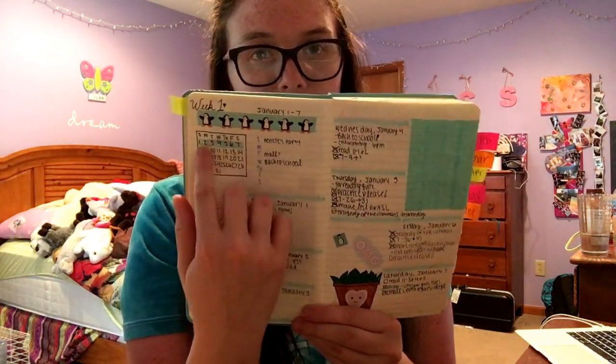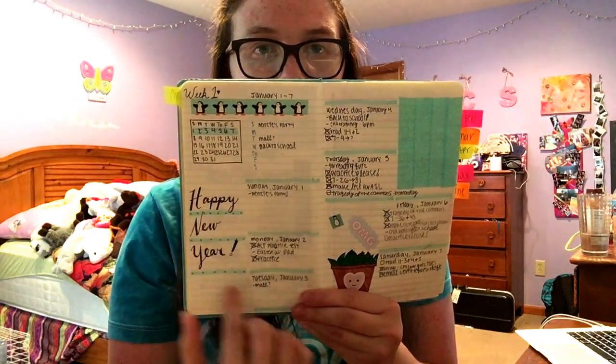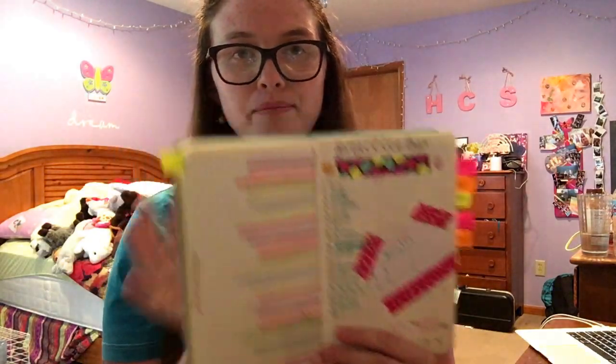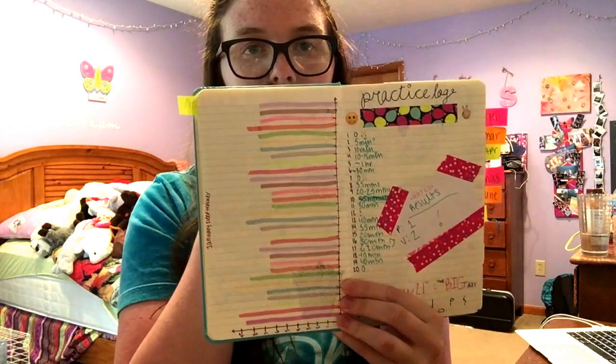I used to put the whole calendar for the month up here, and I put quotes here, and I put a big blue thing right here. And I had my weekly overview up here, and then every single day had a huge space and everything. You'll see how that changes throughout. The next couple pages are very